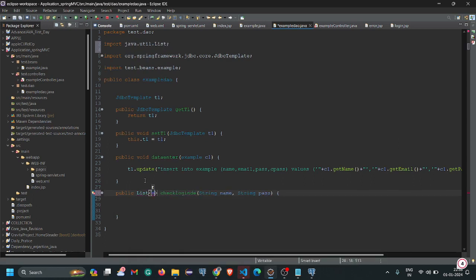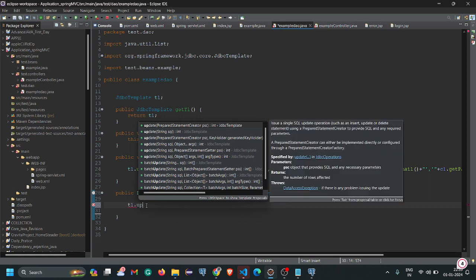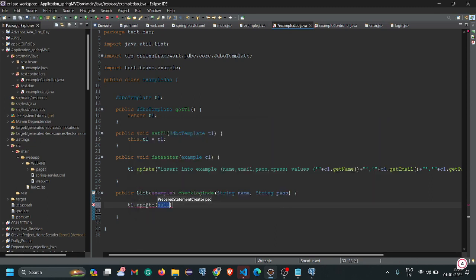In this list we change to example, and in this example we have to write query, t1 dot query, and in this query we write first the query: select star from example, which is our table name, where